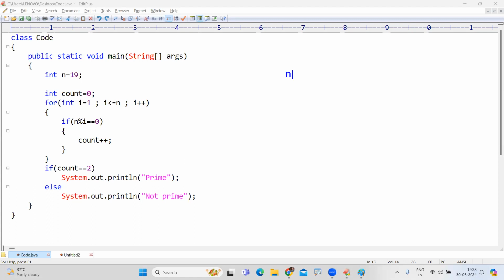If I'm taking one number, n equals 6. It's the same story. We are just finding how many factors there are. 1 is a factor, 2, 3, 4, 5, 6, like this we are checking. Yes, of course, 1 is a factor, 2 is a factor, 3 is a factor. Of course, 6 is a factor. No? So no need to check with itself actually. Except itself, the remaining factors,